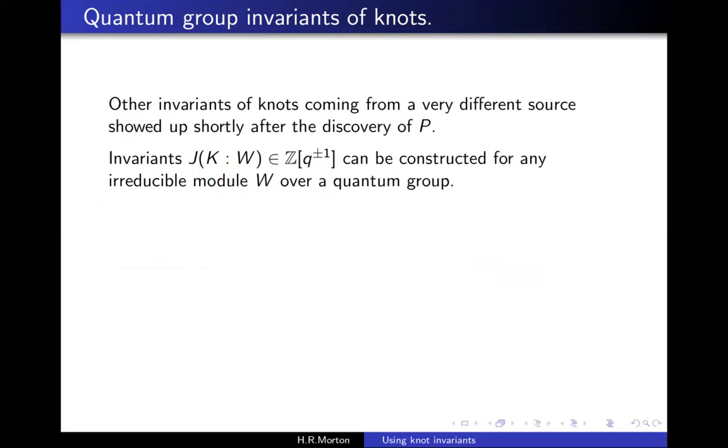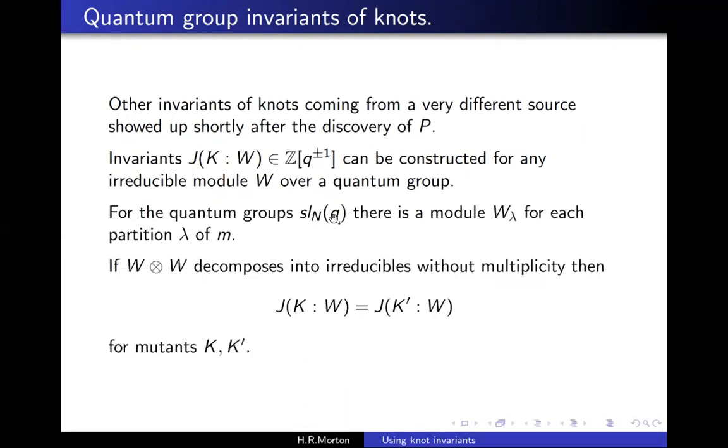Right, well, people had examples of irreducible modules in quantum groups. And in particular, the quantum groups of the special linear series, SLN, there is, rather like SLN itself, an irreducible module W lambda for each partition lambda of a positive integer M. And one thing that happens with these ones, again with mutants in mind, is if you've got a module W and W